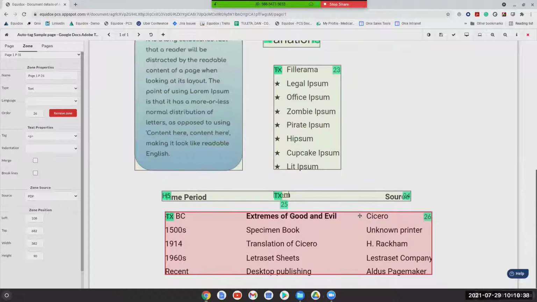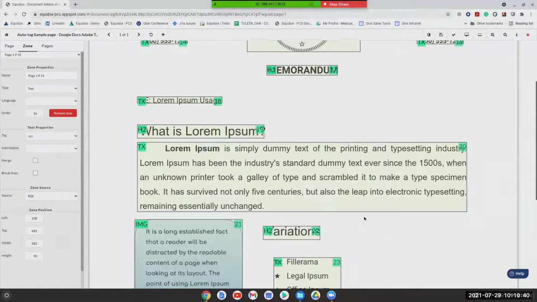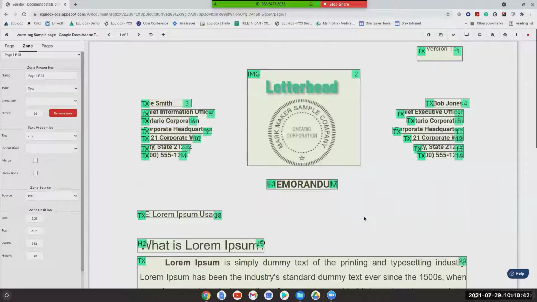So you don't have to be an accessibility expert to understand that there are some serious problems with this quote unquote auto tag document, keeping in mind that Adobe's auto tagger is just trying to get you started in terms of creating tags, but a tagged document does not indicate that those tags are in fact accessible. And that's really where Equidox comes into play.